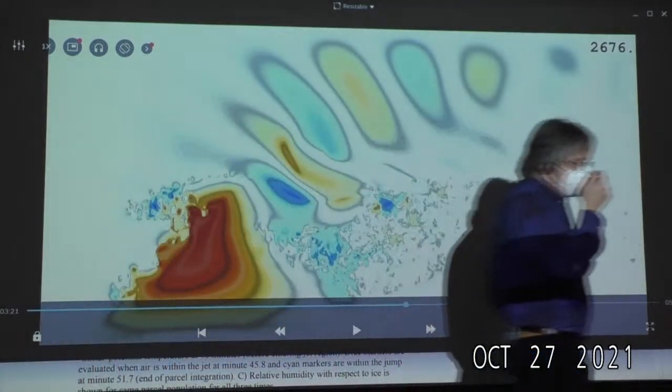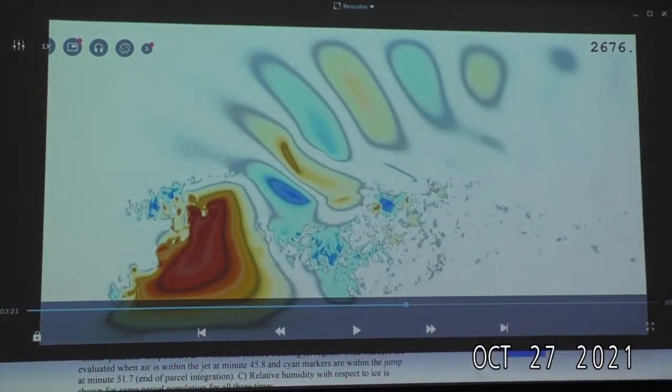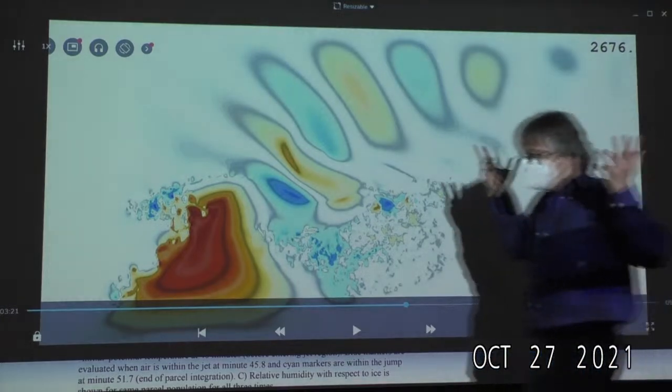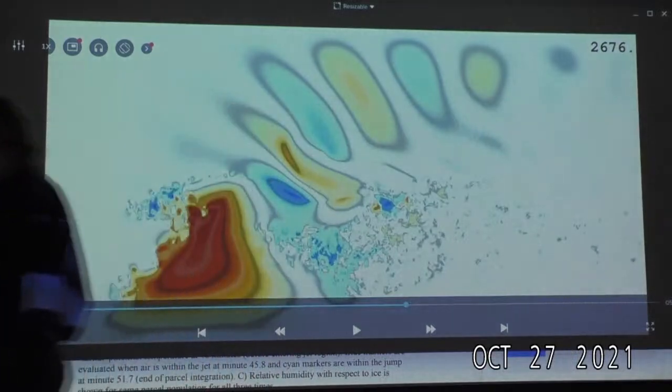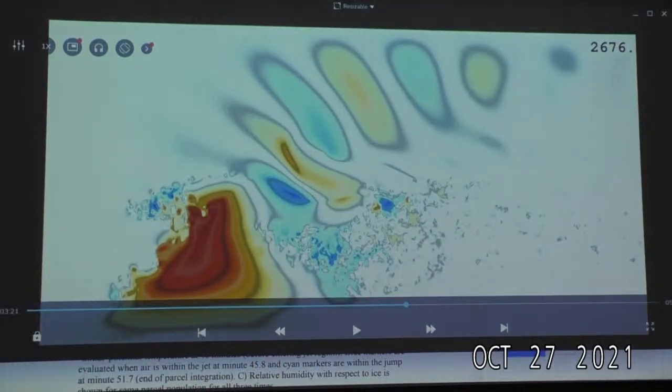Yeah, I'm curious about the maximum resolution that you can really observe or simulate these processes by, because that's going to tie into how you can really validate them. Sure. When I say validate, I want a plane to fly and find these things. There's a field program, it's ongoing, I forget the name of it, but I'm glad this paper came out when it did because they have the opportunity to actually look for these now, assuming they weren't looking for them before. So that's what I mean by validate.